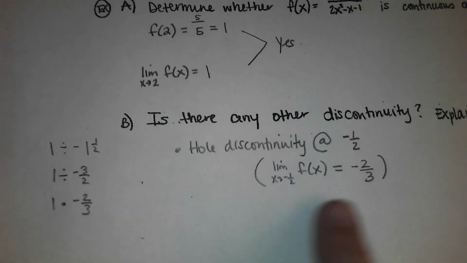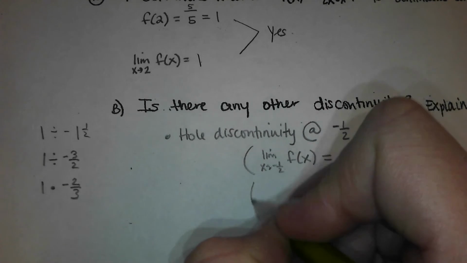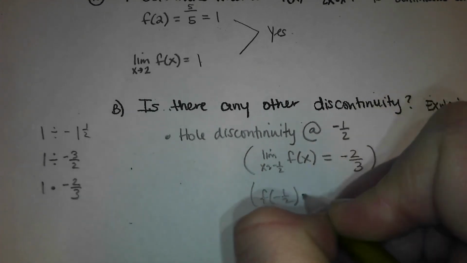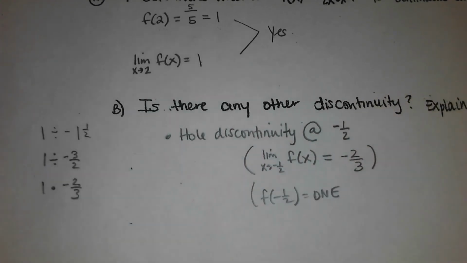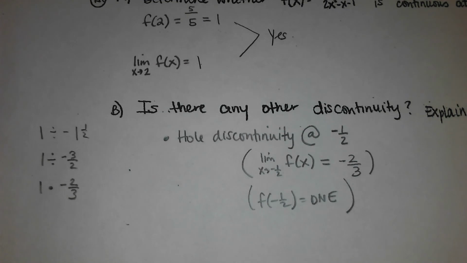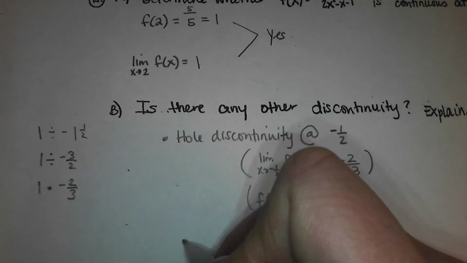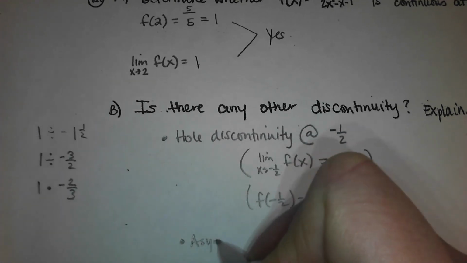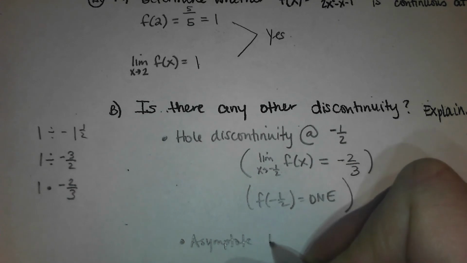So we have a limit as we approach negative 1/2, but f of negative 1/2 does not exist. It's undefined. And that limit existing, but the function value not, justifies that whole discontinuity, the fact that they don't match. Okay? The asymptote discontinuity